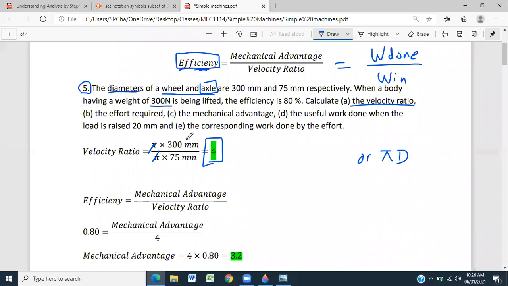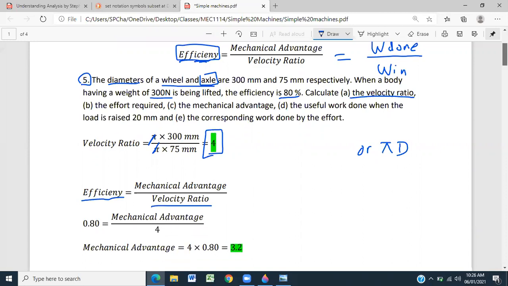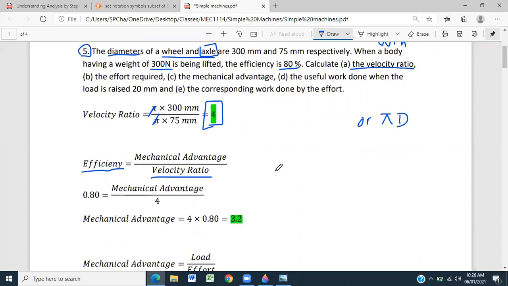So we know we were given efficiency as 80%, and we just found our velocity ratio. We can use these two with this formula to find the mechanical advantage. So with efficiency being 80% or 0.8